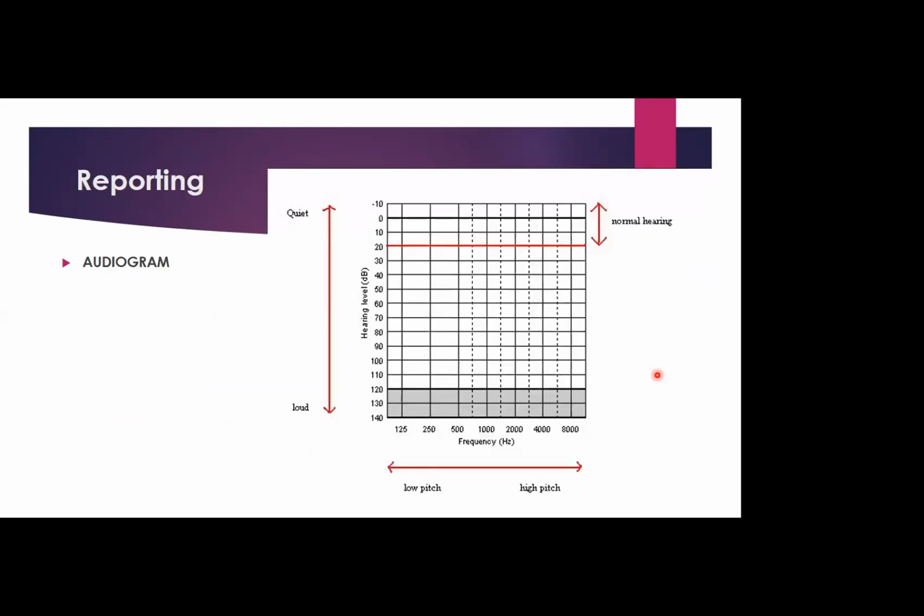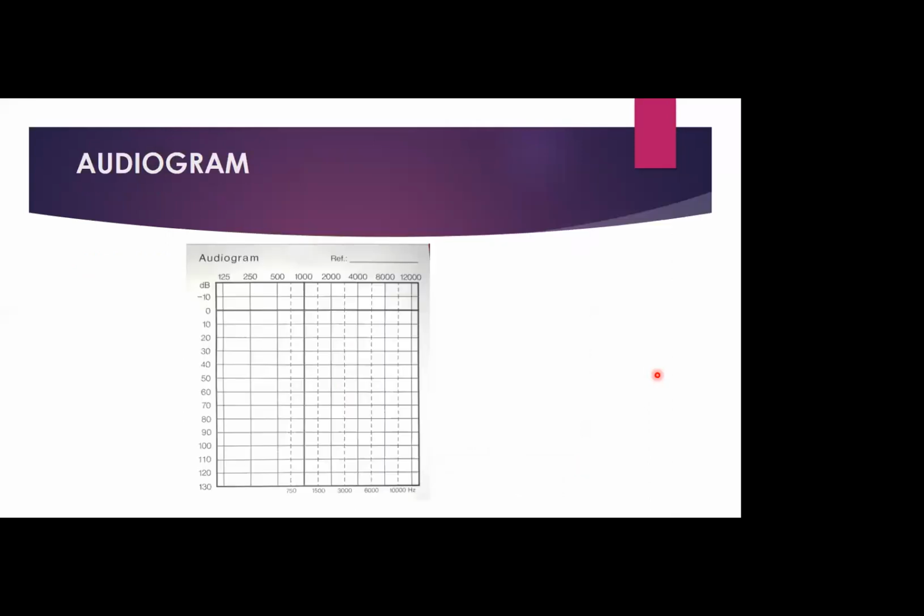Coming to the reporting of the audiogram, the x-axis shows the frequency in hertz, and the y-axis shows the intensity in decibels. There are various types of audiograms. We can plot both right and left responses on the same audiogram, or